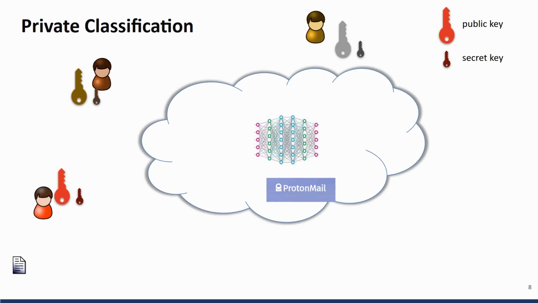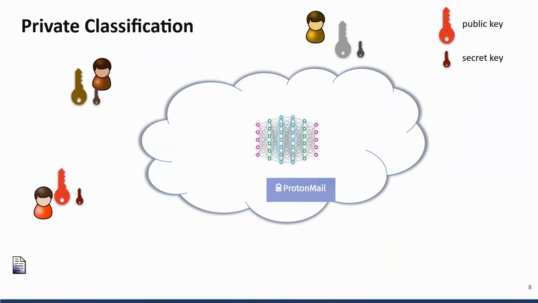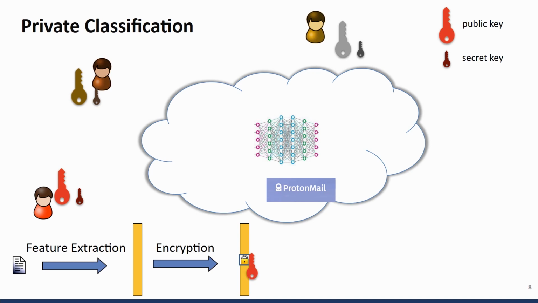So as Martha said, there is no efficient solution in order to check if an encrypted email is a spam or not. But we think that we can provide a solution in the current settings, so relying on the current email infrastructure. So for exchanging end-to-end encrypted emails, we rely on existing solutions. And then when the user receives an email, he first decrypts this email and then creates a vector of features that describes the email. Then this vector is encrypted under homomorphic encryption and sent to the service provider, which can then rely on